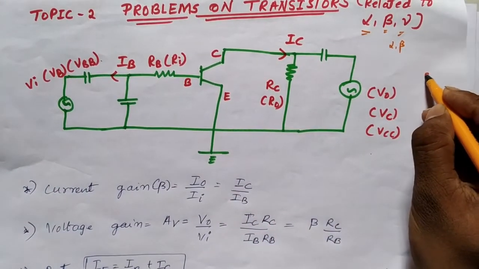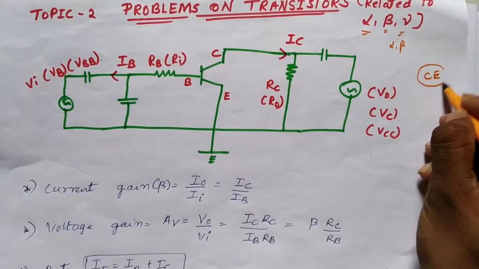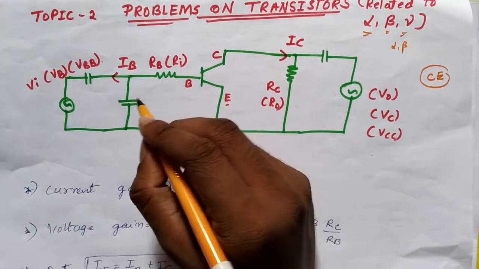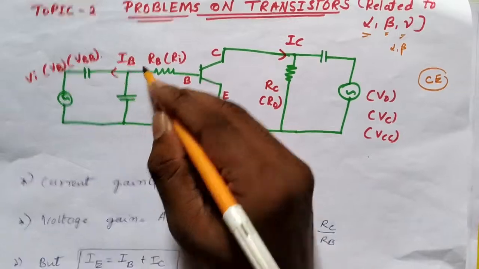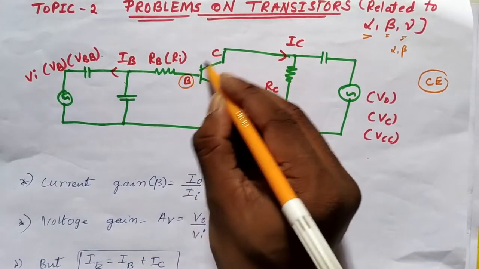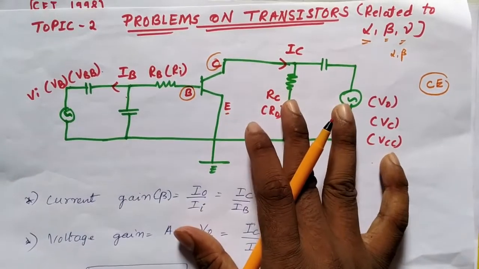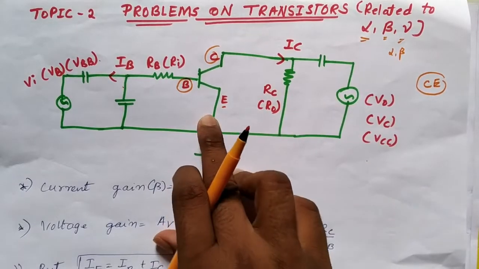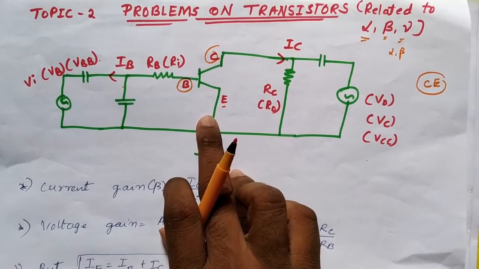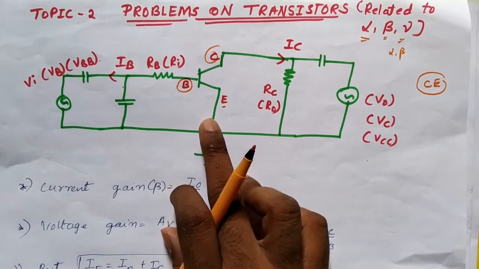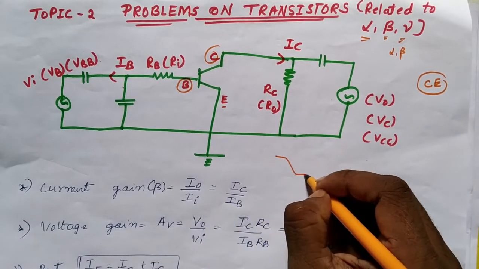This is actually a common emitter transistor structure because here emitter is common to both base and collector. See, for both base and collector emitter is common. So I am telling you the trick here. There is only one trick you have to remember. That is, in a common emitter